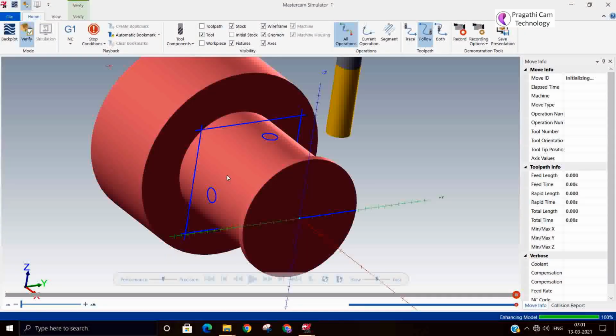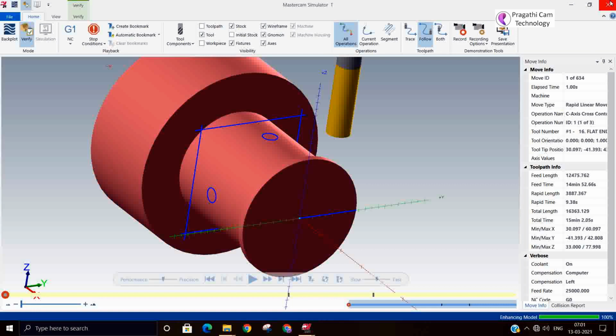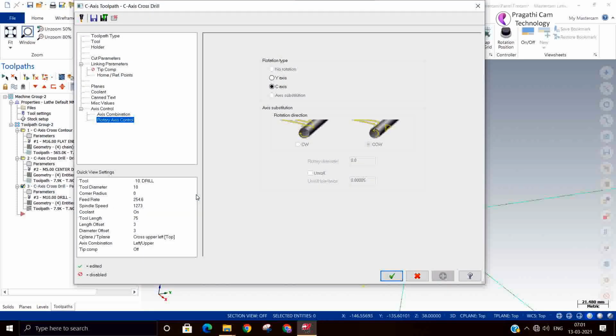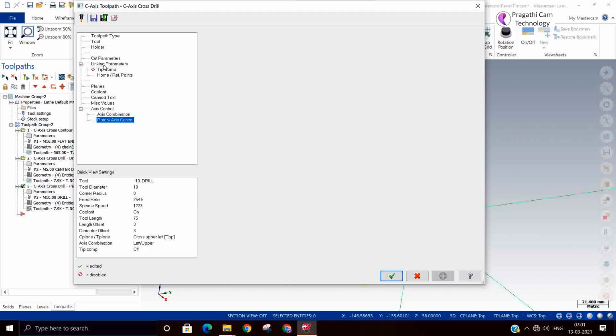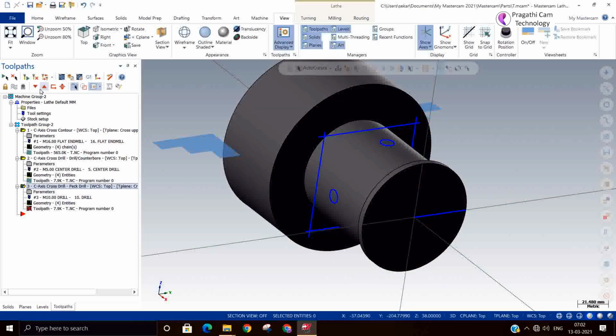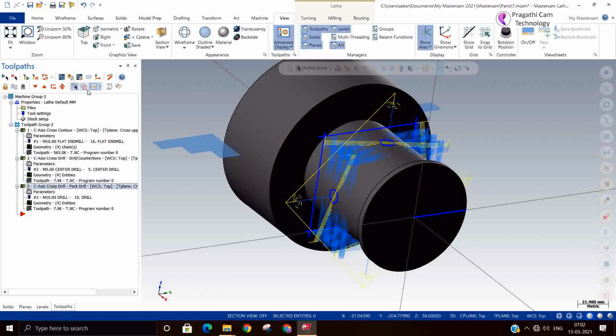I have not checked how much depth I have given. Okay, let me check it again. So I'll modify this. The first peck of 2 is okay. For the next peck, definitely there should be more.